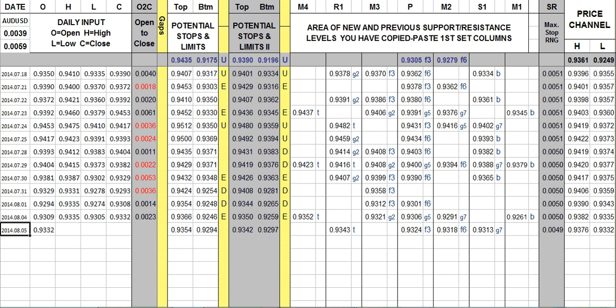Of course, here's our QuickView. And this is where we enter in the date, the open, the high, the low, and the close. Now you can do that manually, where you simply find the data online for your currency pair. You could do this at finance.yahoo.com and then look under the Forex and find that. Or you could get it from your broker and put it in. However you do it is up to you, as long as the data is